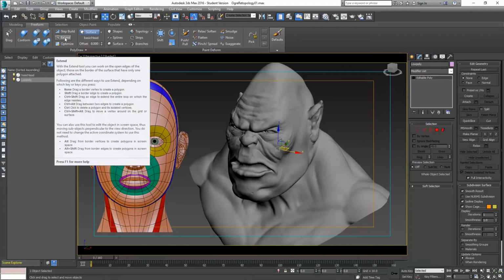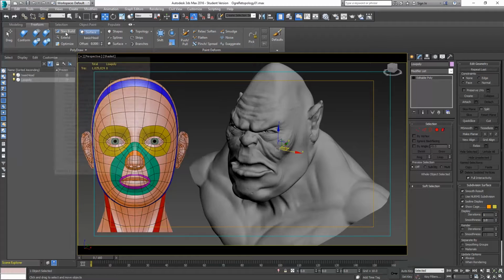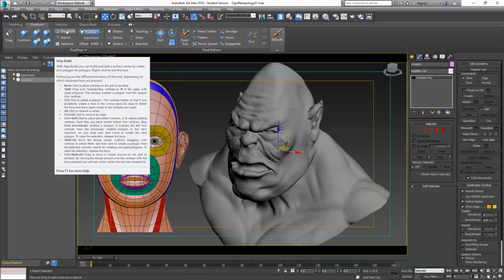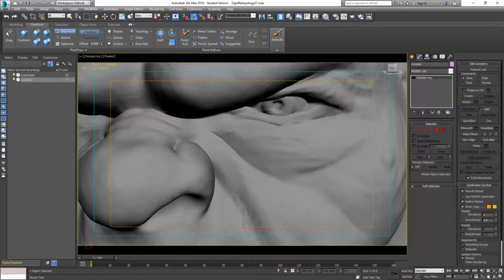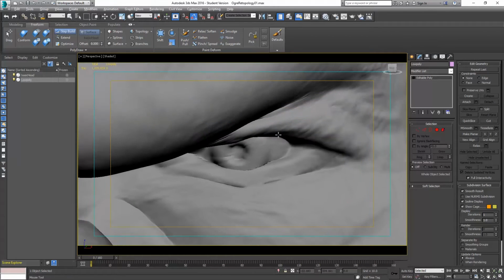And then the extend tool is the other one we're going to use. Same idea. Go ahead and pause the video, look over the shortcuts there so that you have those. So the way I'm going to start is I'm going to start with step build. And so the way I like to start is normally I'm going to start with the edge loops around the